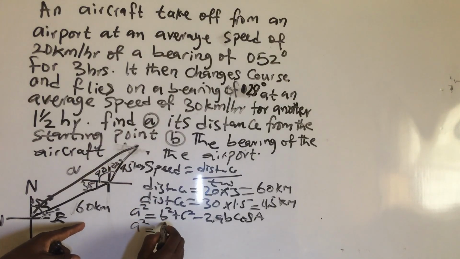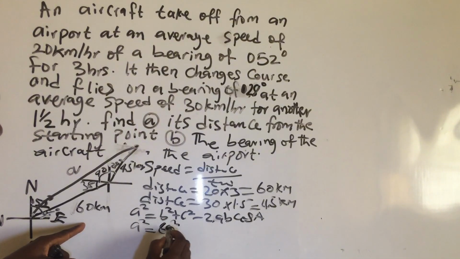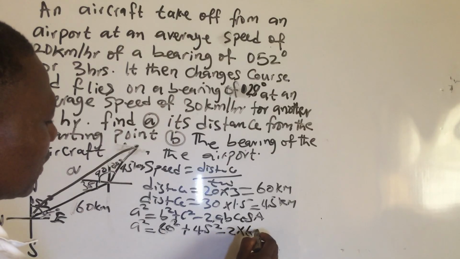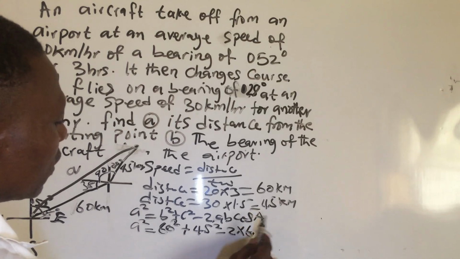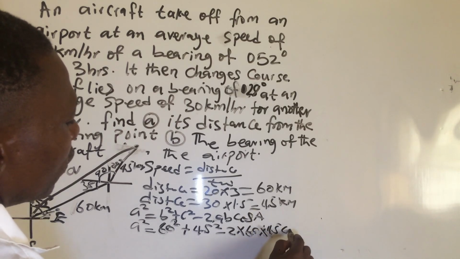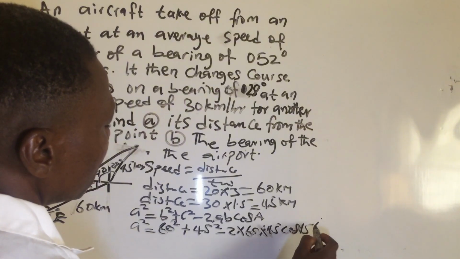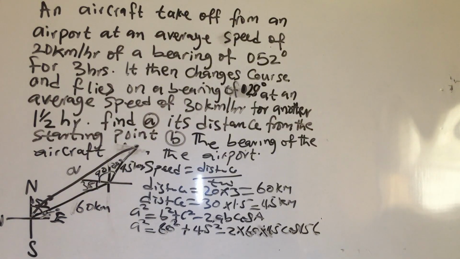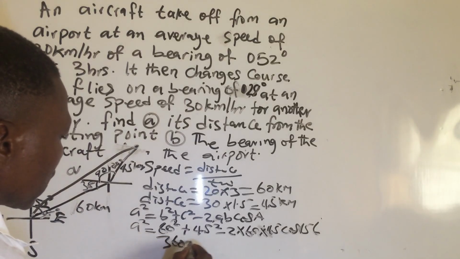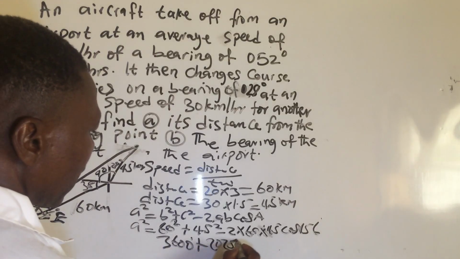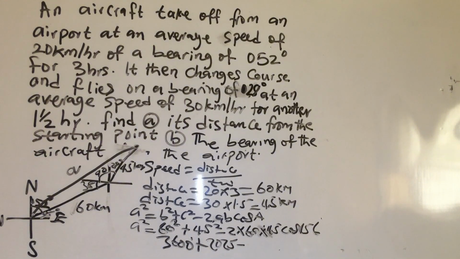So now b is 60 square plus 45 square minus 2 times 60 times 45 cos a, where a is the summation of this, which is 156 degrees. 60 square here becomes 3,600 plus 45 squared, which is 2025, minus 2 times 60, 120 times 45